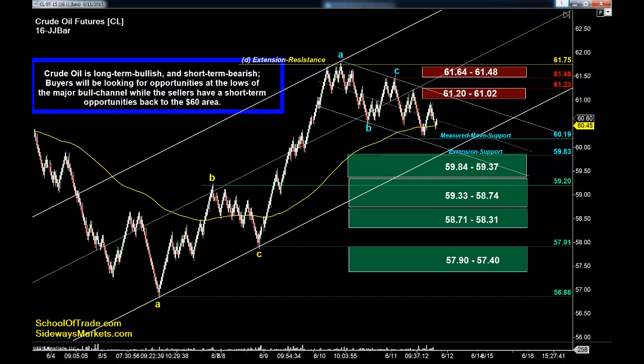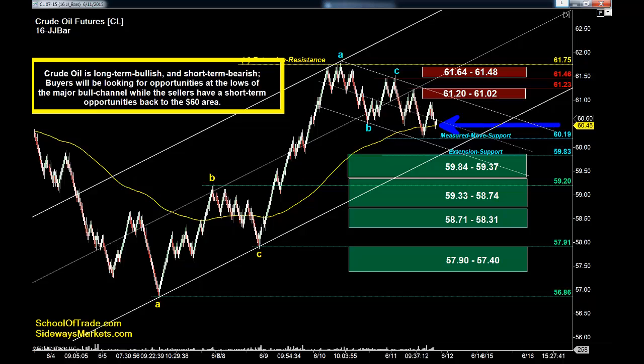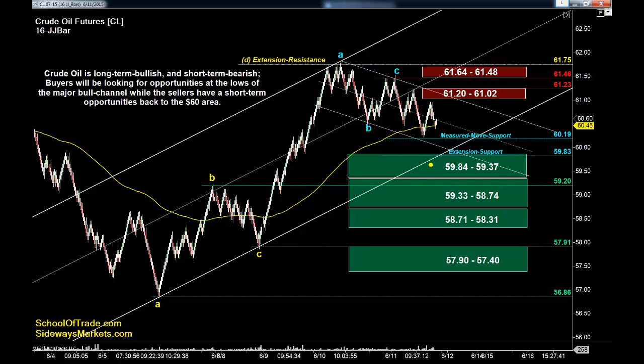Sellers, though. Sellers definitely have an opportunity here right now, but you've got to be careful. You'll notice we've been able to hold over the 200 moving average here. So, like I always say, just like the euro, you're in a bullish market right now. Where do you buy in a bullish market? I'm going to look to buy that low, right? And if you take the ABCD off the highs, you'll notice the low of the day today was right at the measured move.